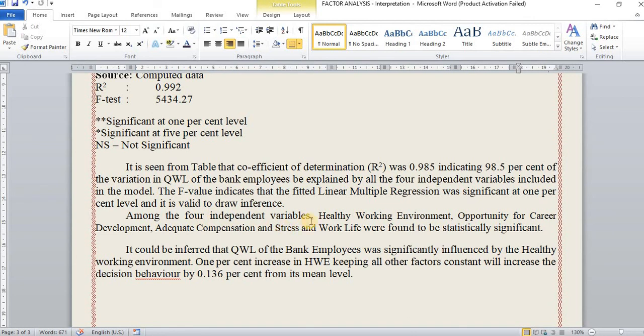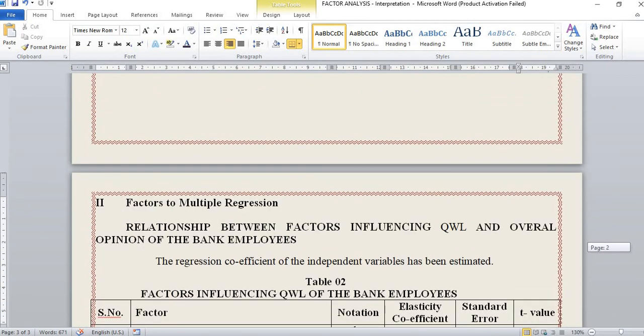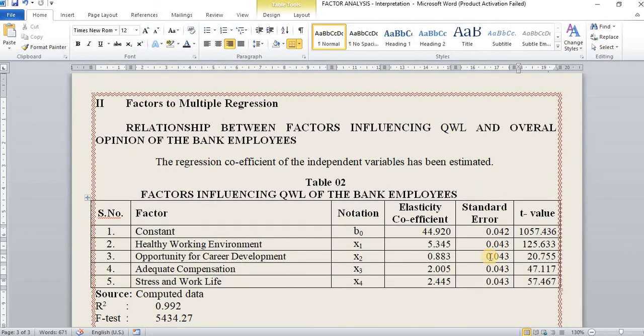Among the 4 independent variables, healthy working environment, opportunity for career development, adequate compensation, and stress and work life were found to be statistically significant. So the factors can be converted for multiple regression in this way.